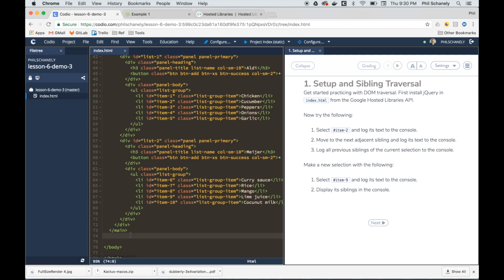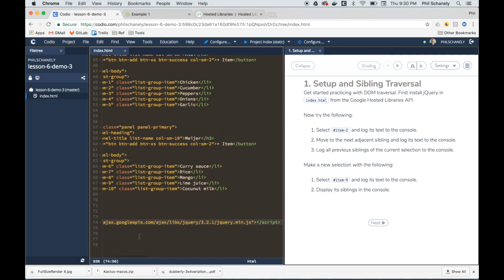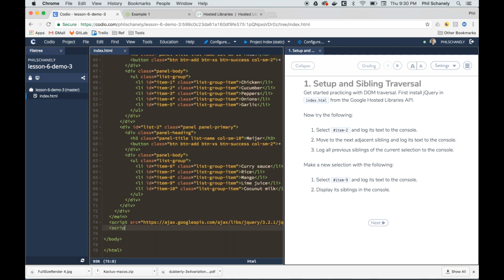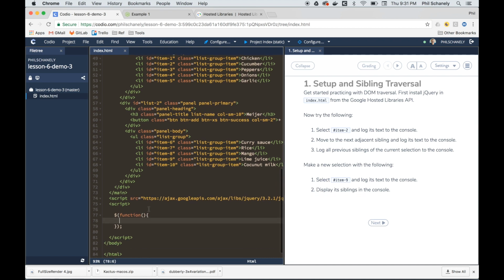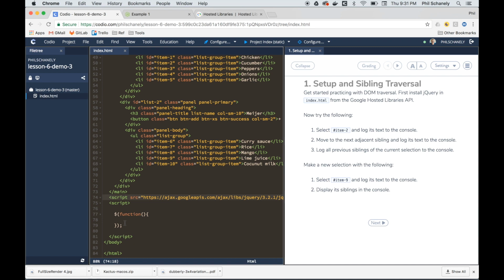So we paste this in right above the body tag, and then we're going to put an actual script tag here where we can do our different coding. Okay, it's also a very good idea to have a DRE. I'm a fan of the shorthand form. So there we go. All right, so now with jQuery installed, with DRE ready,